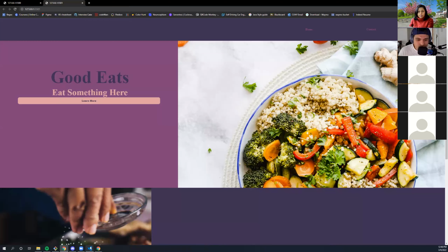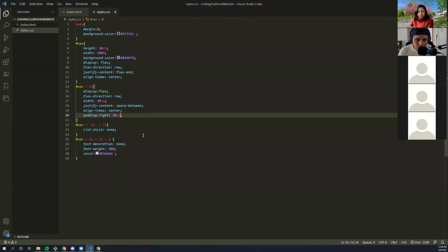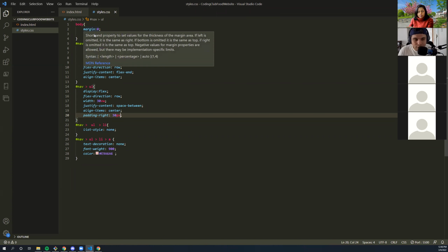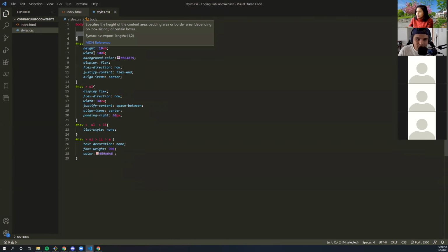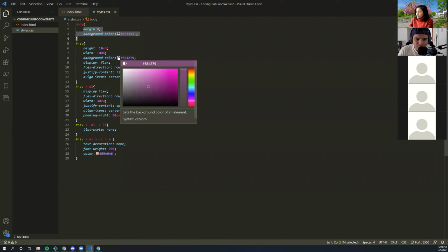All right. So right now I have 1, 2, 3, 4, 5 styles out currently. So we have styles on body, which we're taking off the margin, and we're putting a background color. We are putting styles on this ID of nav to make it 10 view heights and a width of 100%. We're also putting a background color on that container of this periwinkle color.